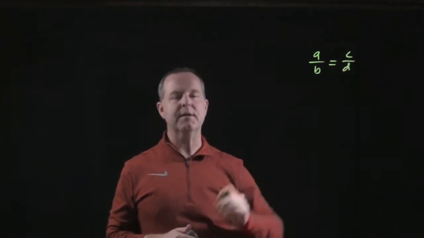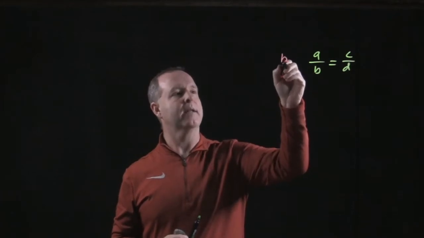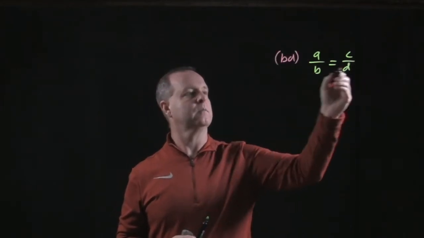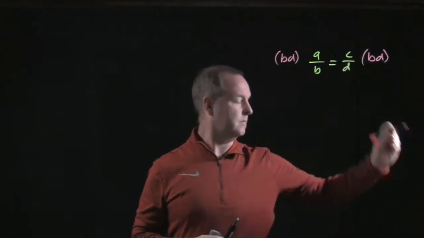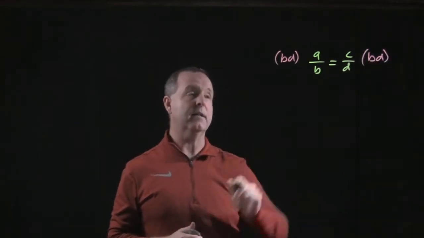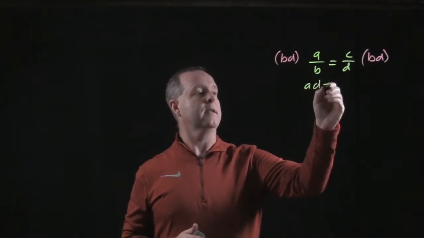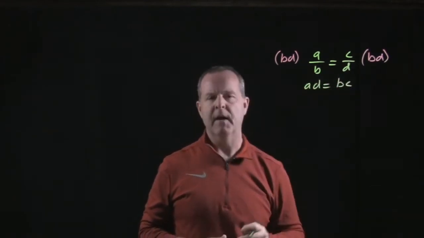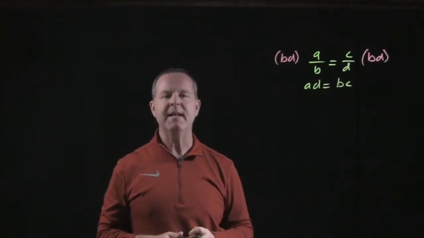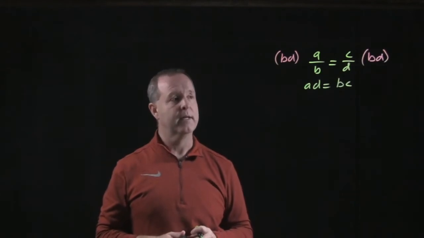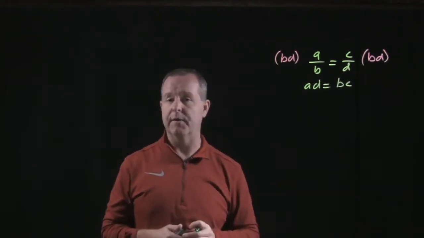And I could rework this ratio, for example, if I wanted to multiply both sides by the denominators, then I'm able to go ahead and clear the fractions. I'm left with something that says AD equals BC. Now this might be something you're more familiar with because we have seen this in many of our other classes and so forth. And so it's a great tool to help us compare objects to one another to find out what